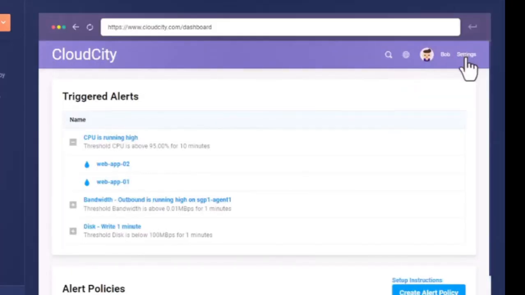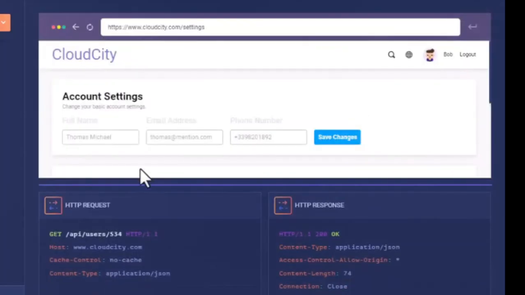Having successfully logged in, Bob begins his assessment by browsing through Cloud City user interface menus and functions to get a feel for the product and further identify test scenarios and develop security test cases. Bob's account privileges are restricted to only access Cloud City's monitoring dashboard. So accessing the settings page, Bob notices that the page makes an HTTP request to the API to retrieve the current user data.